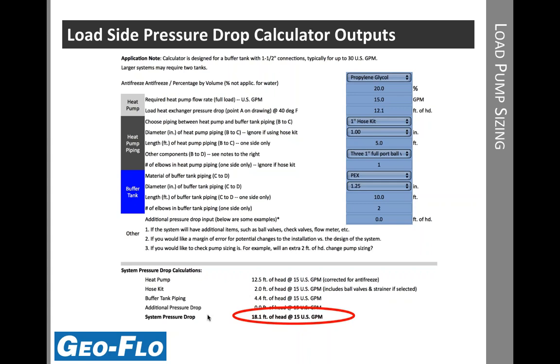All right, so here's our entry screen for that calculator. I've picked, in this case, propylene glycol. You might have just water, but in this case we have some propylene glycol antifreeze. This is the flow rate of the 5-ton heat pump, the nominal flow. And this 12.1 came from the catalog that I just showed on the previous slide. In this case, we picked a